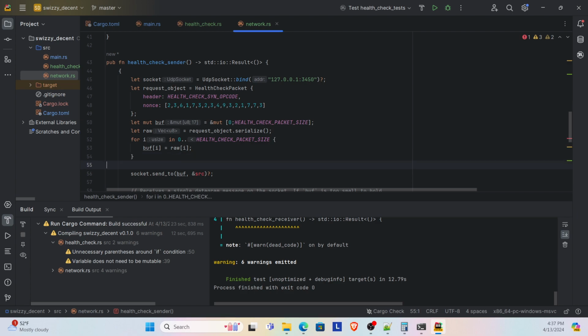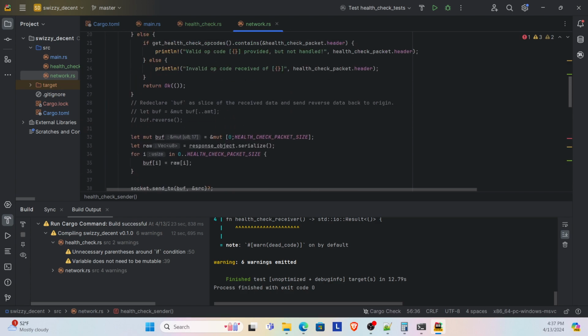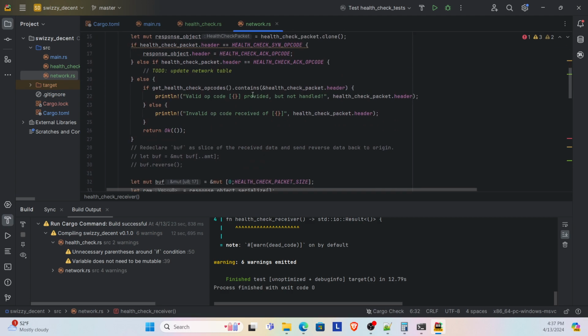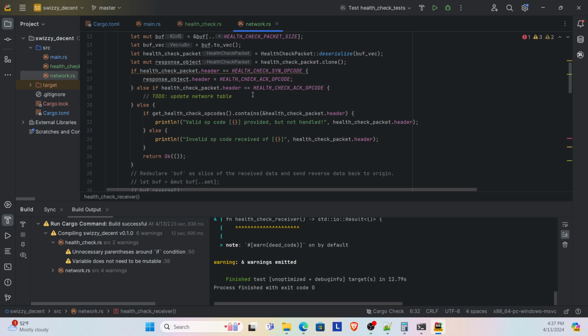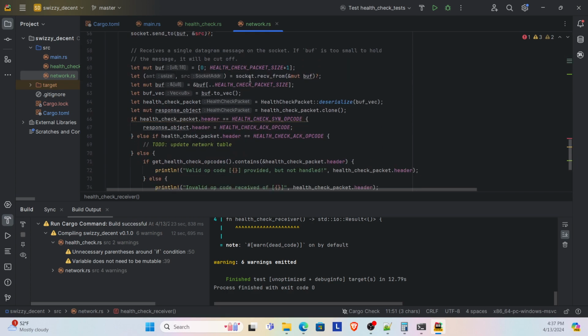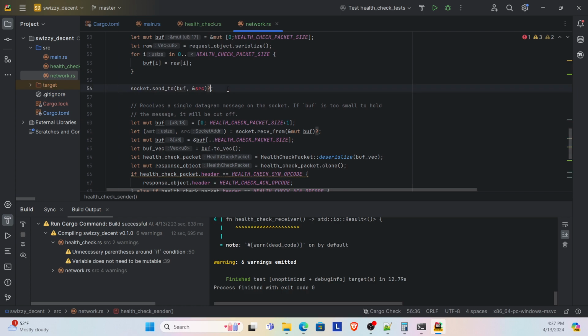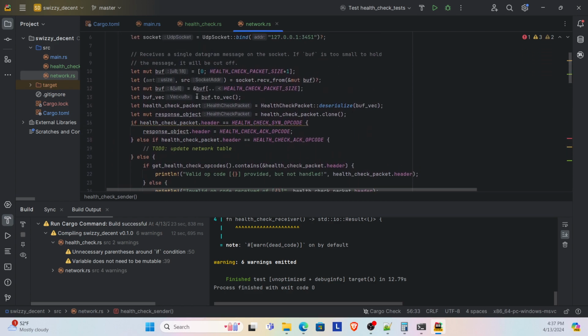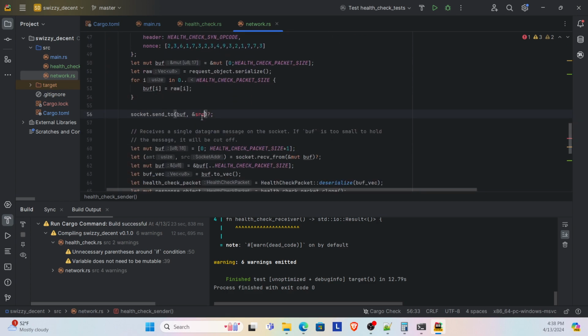Request object.serialize. Copy it over. Source, where does source come from? Source comes from probably the request. Wherever that is. Receive, right? Buffer, and then we get source, and yeah. Okay. Socket address. Okay. Let's go. And end source. What is source? Is it descriptor? Socket address. Okay. So we want to do